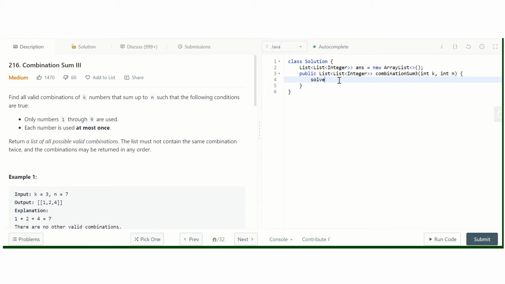Let's call the function solve, starting from 1, since the allowed digits start from 1, with k, n and candidate, and in the end we return answer. Now let's implement this solve function.